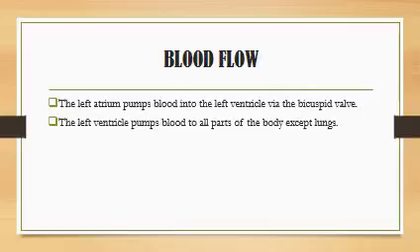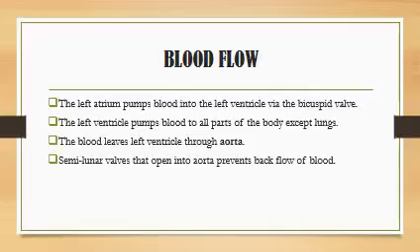Because the left ventricle is thicker, it means there will be a higher pressure exerted on this blood. So this blood, exerted with higher pressure by the thicker walls of the left ventricle, will be sent into the aorta. The aorta is the main artery, and it has a large lumen, so it is receiving a large amount of blood which is to be pumped to the rest of the body.